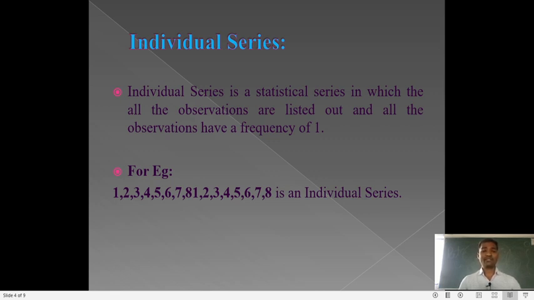In this type of data series, there are only a number of observations, and each observation has a frequency of 1. It is only one frequency, not repeated. It is called an individual data series. Okay, got it? Now we will go to the next type of data series, type number second,